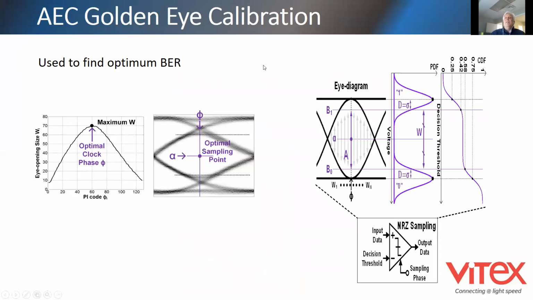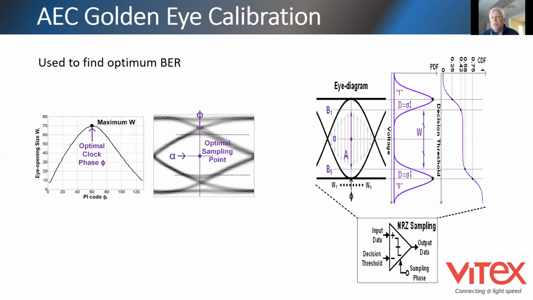Let's talk a little bit about bit error rate measurements. We have a design where we're constantly monitoring for bit error rates. And to simplify it, basically what we're trying to do is we're taking a look at the open eye diagram and we're looking for an optimal sampling point. So we're looking for basically max separation and the highest voltage. And we lock in on the phase angle where we get that best data. And we do that during warm up. So it's kind of a pre-test. So during warm up, we calibrate the